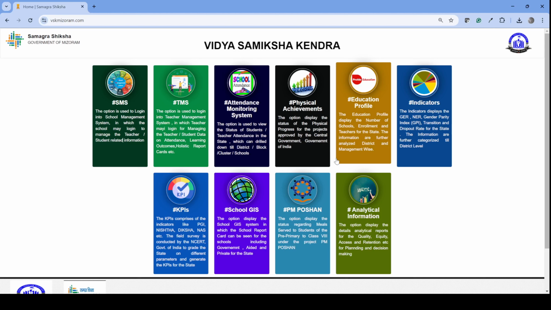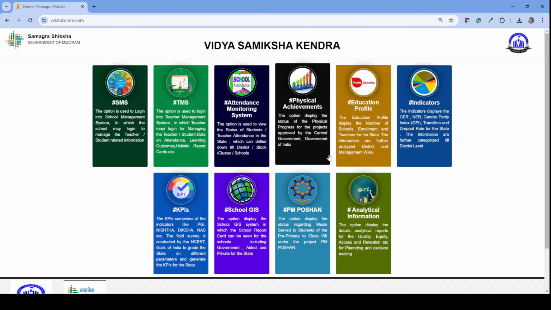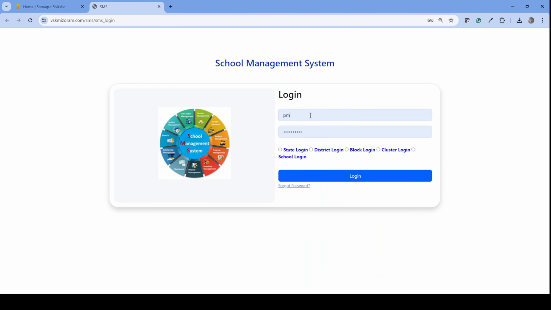Dear team, we have launched the user window for the cluster. So we have activated the cluster login also. Now you can use the SMS system for the cluster login. For cluster, you need a